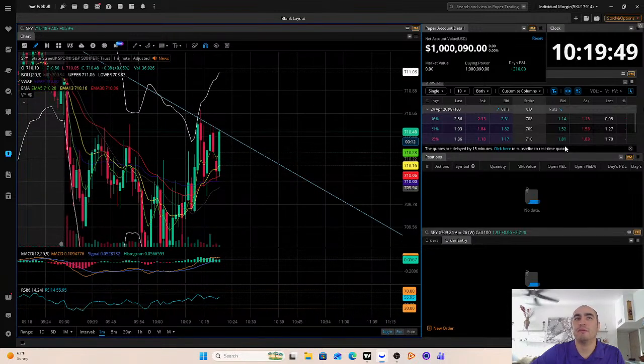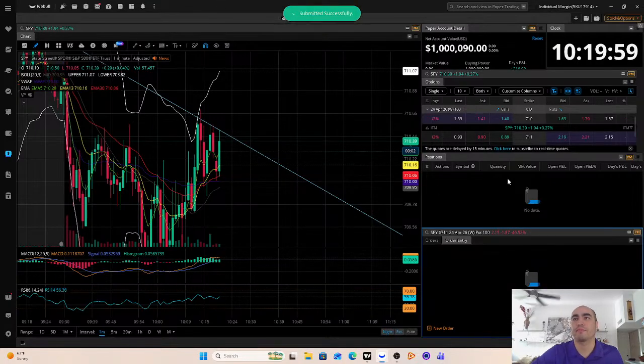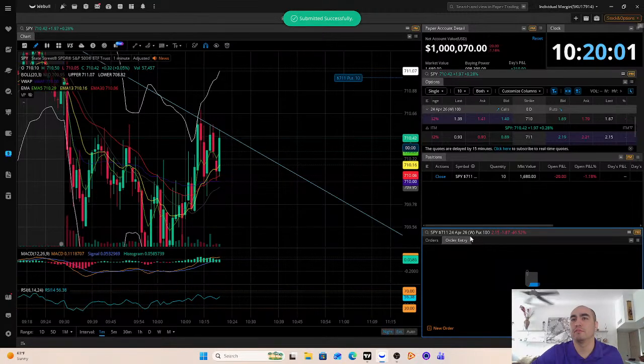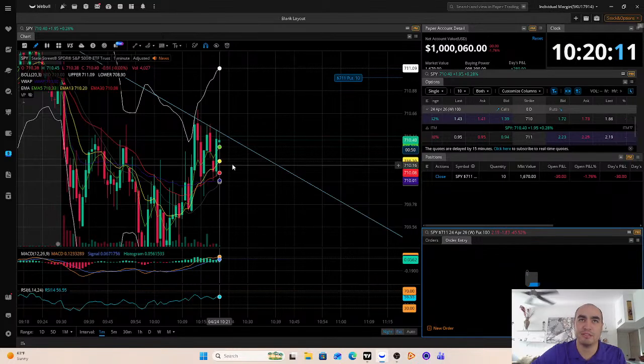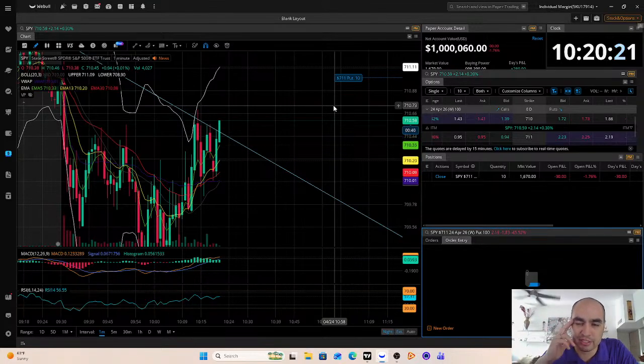So right now what I'm going to do, I'm going to just risk a put here because we're just going to see if it breaks down. Momentum. We'll just see if we get a rejection here. We're trying different things out here. So it's always good to test things, and that's what paper trading is really good for, testing your ideas and seeing if they work or not, or if you're seeing the right